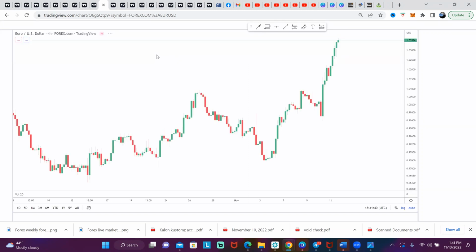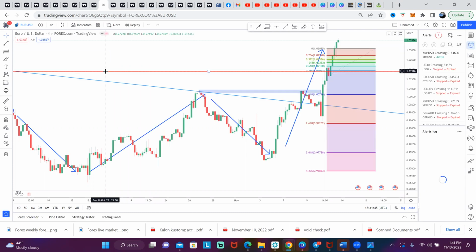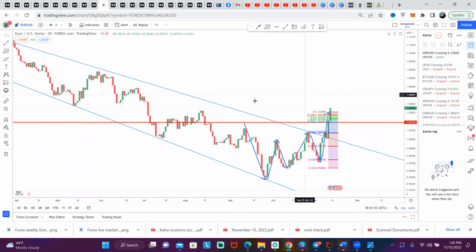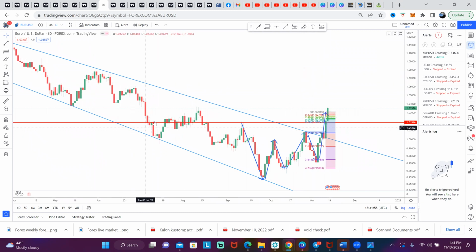And then for Euro USD, one of the most popular traded pairs, we are on the uptrend. So right now the dollar's pretty weak. Let's go to the daily chart. As you can see, we were following in conjunction with these trend lines. And right here we had the movement of it slowly trying to break through, which we broke through and pushed up last week. So I expect us to